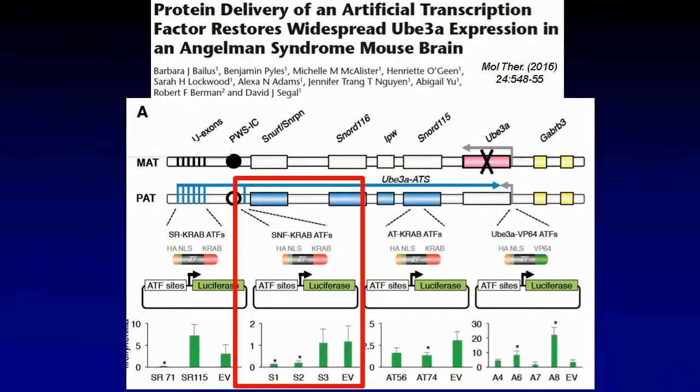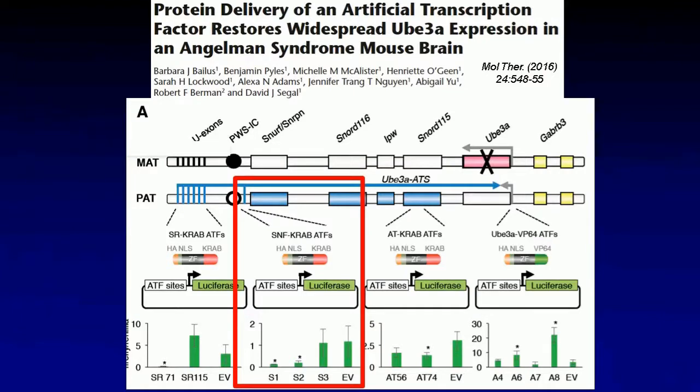There's some very interesting genetics going on, but suffice it to say for this webinar that this disease results from the loss of UBE3A expression in the brain. So due to a strange epigenetic situation called genomic imprinting, this gene UBE3A is usually only expressed from the maternal chromosome in a typical developing brain.